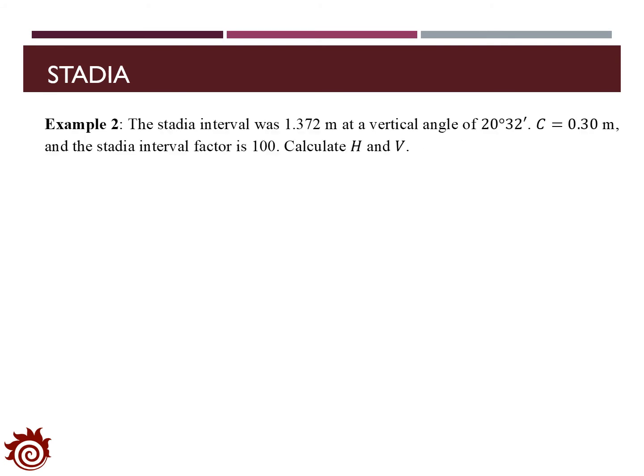Now let's check a second example. Here we know that the stadium interval was 1.372 meters and the vertical angle is 20 degrees 32 minutes. Capital C is 0.3 meters and the stadium interval factor is 100. It wants us to find out H and V. Similarly, we need to summarize all the conditions given. So we have S equal to 1.372 meters and the vertical angle alpha equal to 20 degrees 32 minutes. Capital C is 0.3 and capital K is 100. It wants us to find